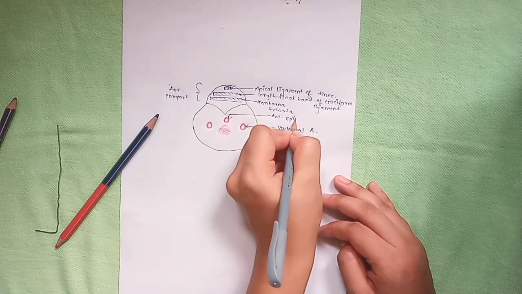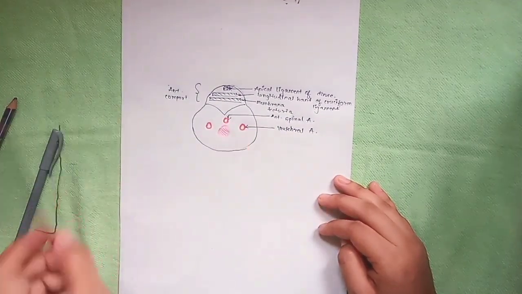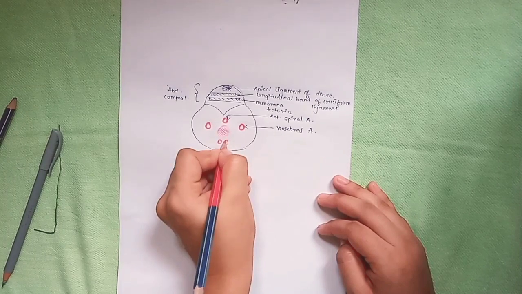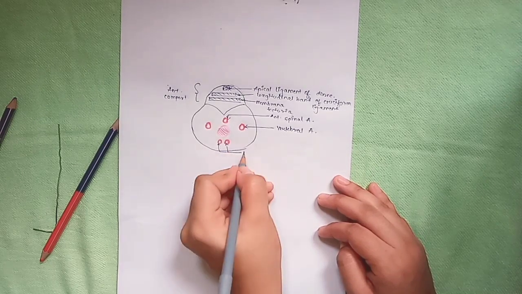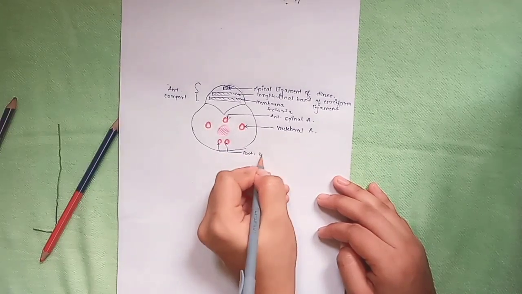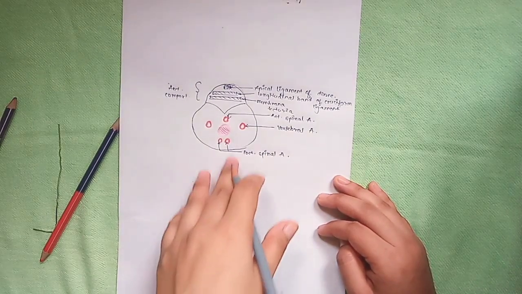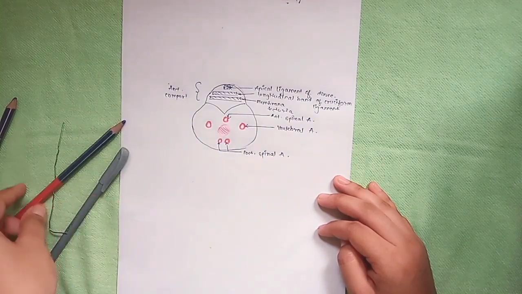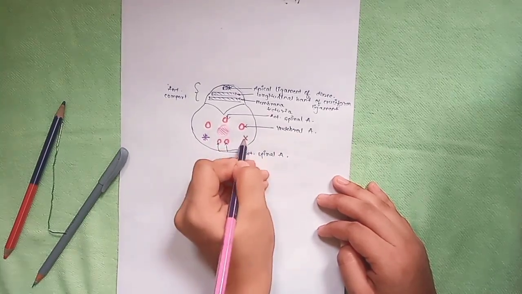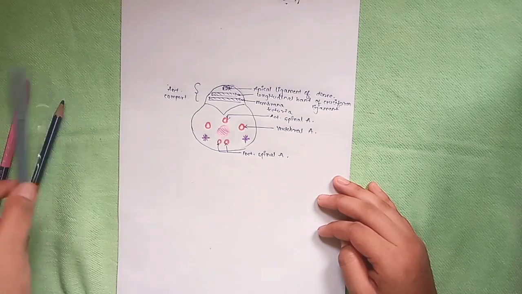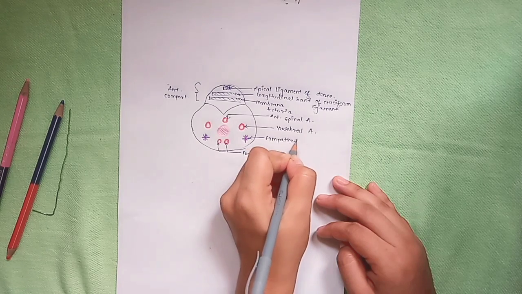It is called the anterior spinal artery. Now on the posterior side of the medulla oblongata, there is presence of a pair of arteries which are called the posterior spinal arteries. The anterior spinal artery is an unpaired artery, whereas the posterior spinal artery is a pair of arteries. Now there also exists the sympathetic plexus, which is on the lateral side. So this is the sympathetic chain which is on the lateral side. So we'll name this sympathetic plexus.